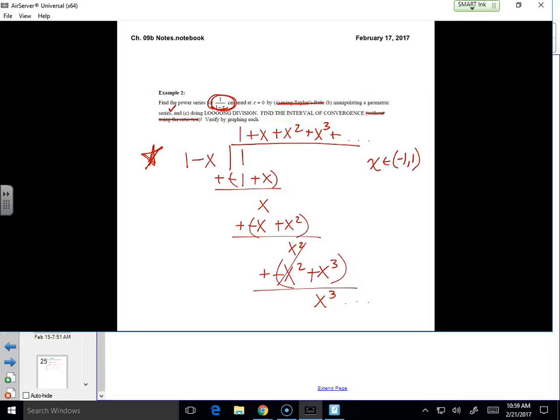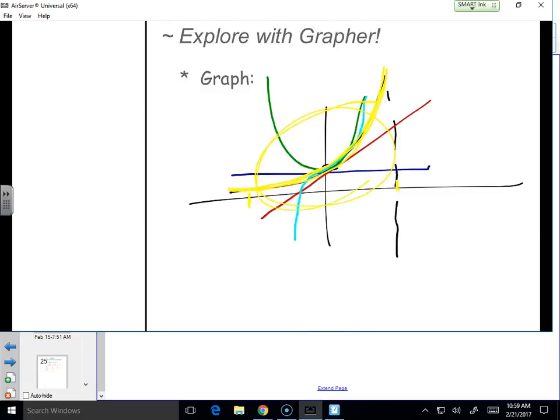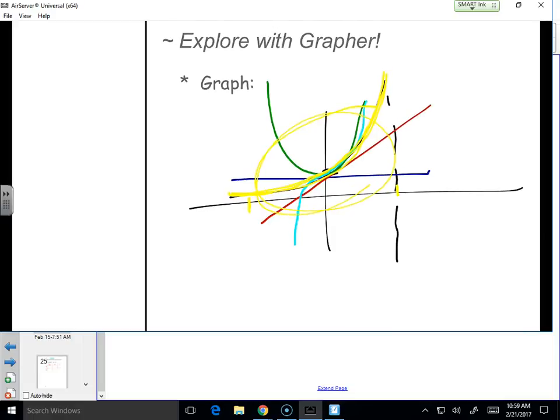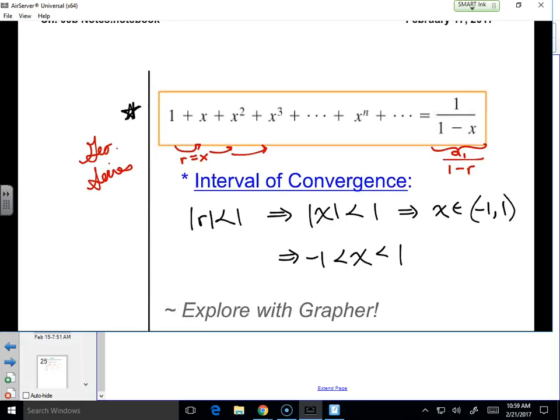And how do we figure out what the interval of convergence was? We saw it on the graph. We saw it between negative 1 and 1. You put r in between negative 1 and 1, and you solve for it. Why r? Because what could this be seen as? A geo series, where r is equal to x. So if we multiply by x again, and then by x again, et cetera, et cetera,